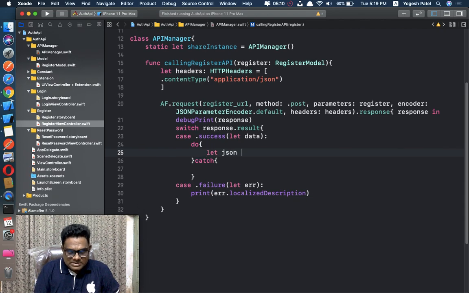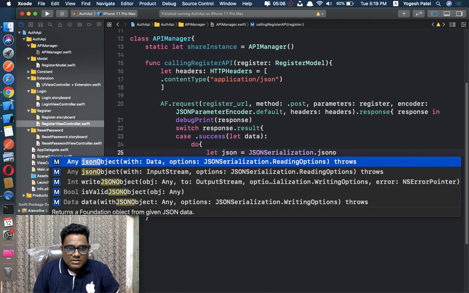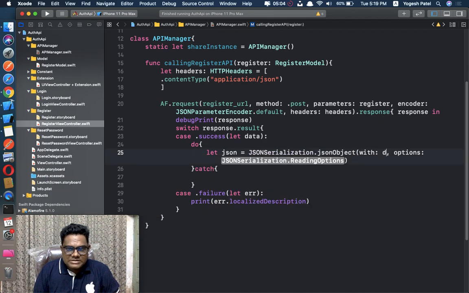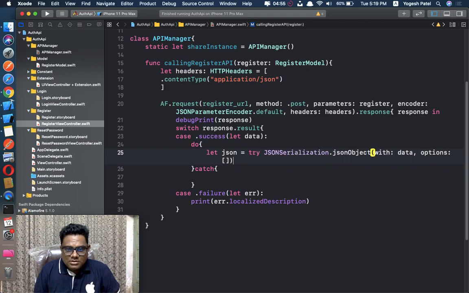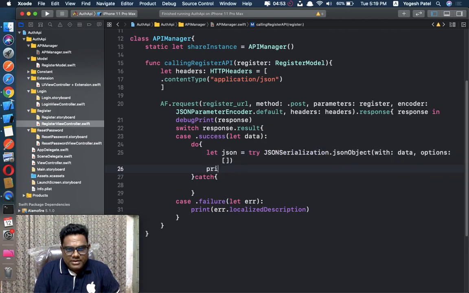So let json equal JSONSerialization.jsonObject. Just pass the data, and we don't need any options, and use try also. Just print json here so we can see our response.